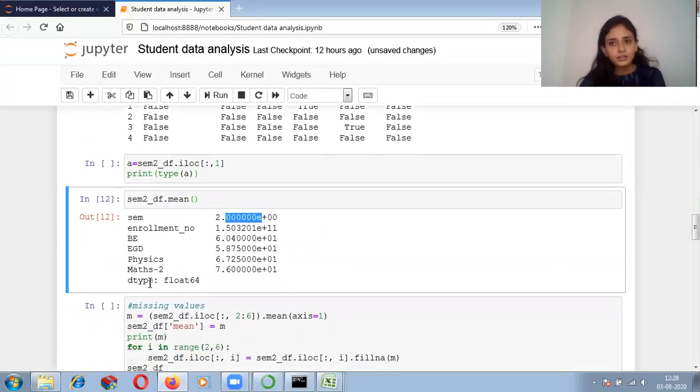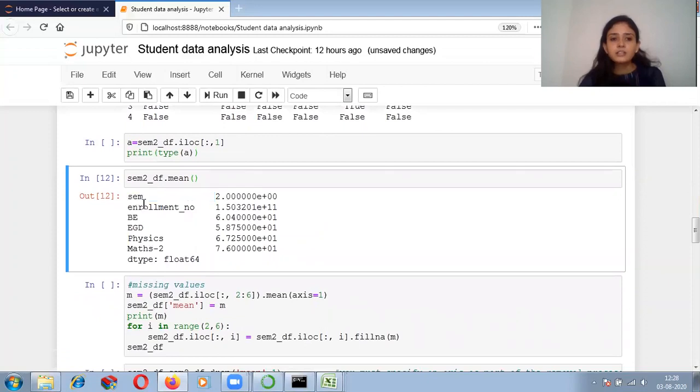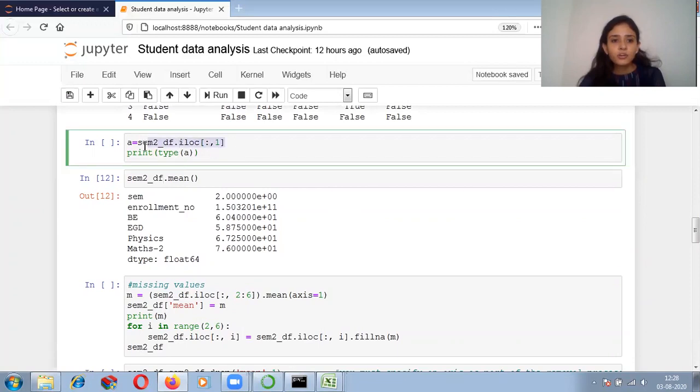But I don't want the mean related to the sem and enrollment number. So for that, what I am doing, I am performing the slicing. So for slicing, I am writing like this. That is sam2_df.iloc. I want all the rows and I want only the column which is at index position 1.